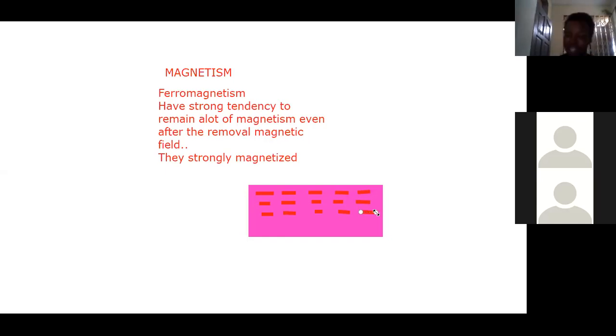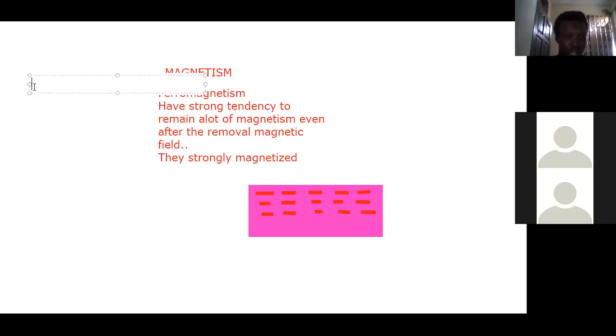Typical examples of diamagnetic substances are copper, gold, antimony, silver, lead, silicon, mercury, water, air, hydrogen, nitrogen.